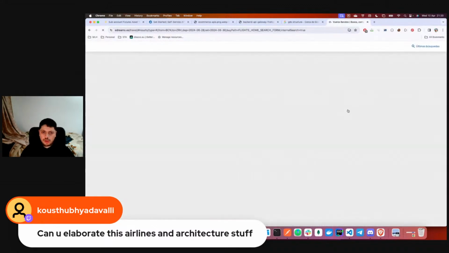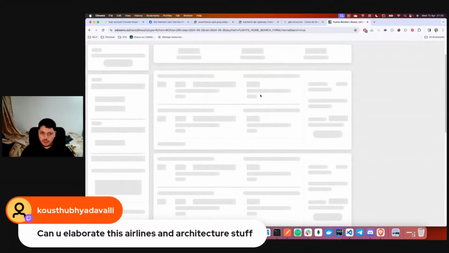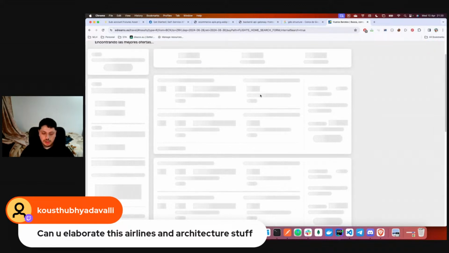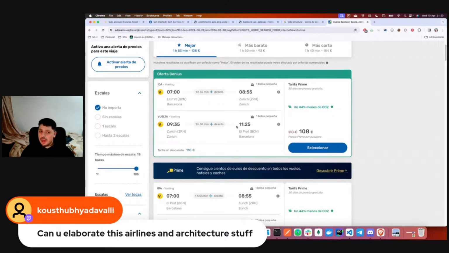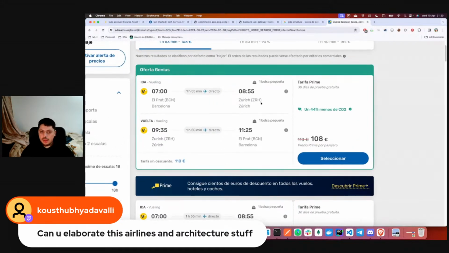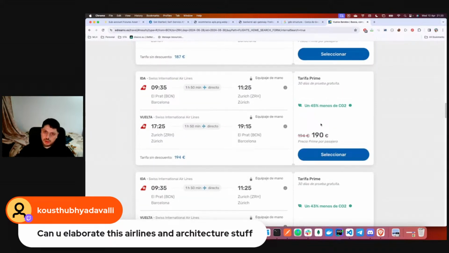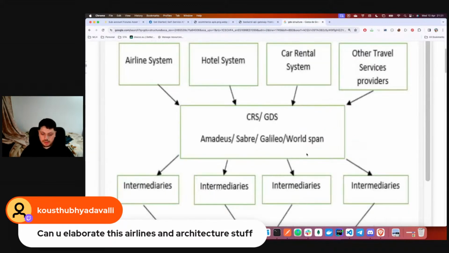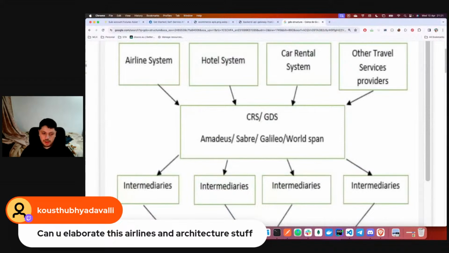They get all this information from the GDS, probably Sabre or Amadeus, I think Amadeus. The airline says, you have these fares, 108 euros to Zurich, Switzerland from Barcelona. You can choose which one you want, select it, and book the flight. So basically, this is how the system works.